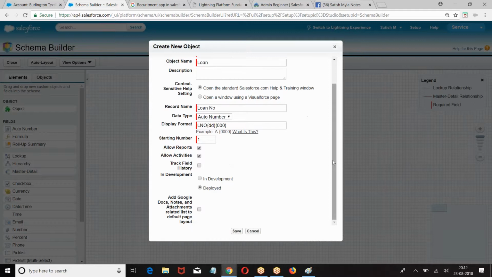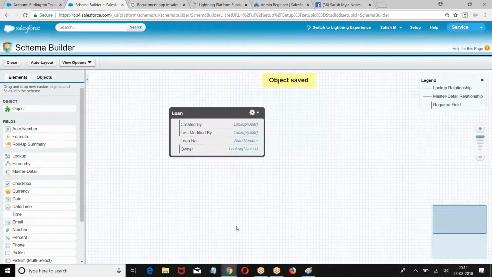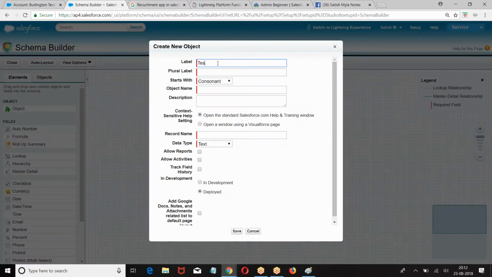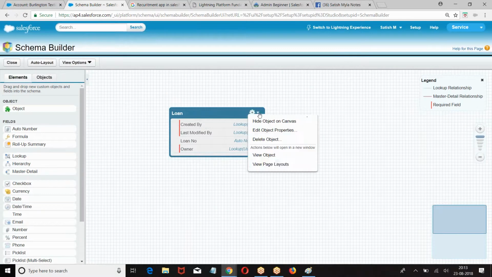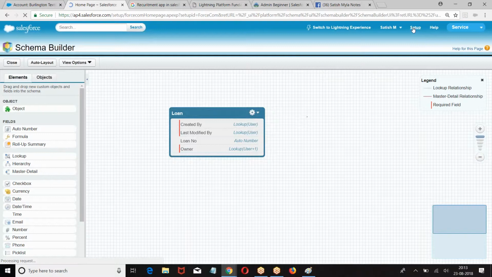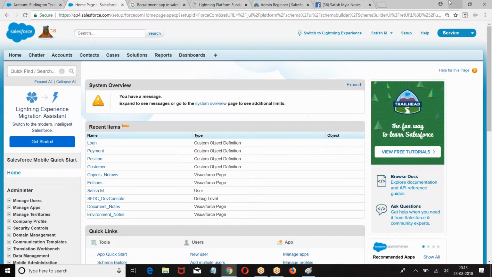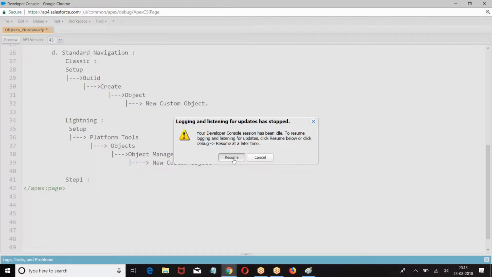Hello reports, activities. I hope you are good with this. What did I do? Elements, enter your data, click on save. So this is the second way of creating. I hope you are good with this. So schema builder and standard navigation, the second one.